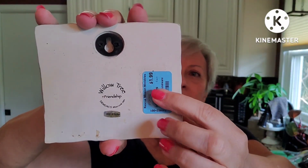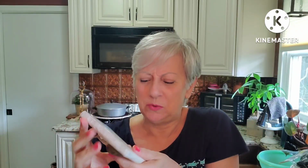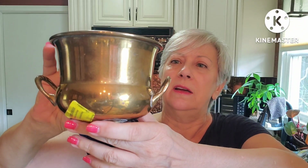You can see this was $1.99, and the odd thing was that the figurine that they had, which I cannot remember the name of now, was missing the wings on the back of it, and they had that piece priced higher than this little wall plaque, and the wings were missing. So I don't get people's pricing sometimes, but I picked up this really pretty,